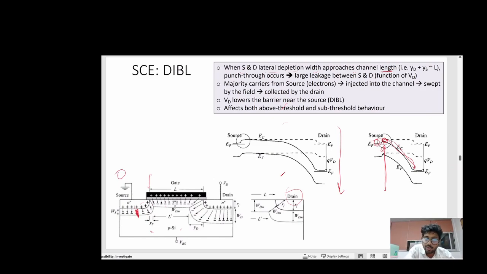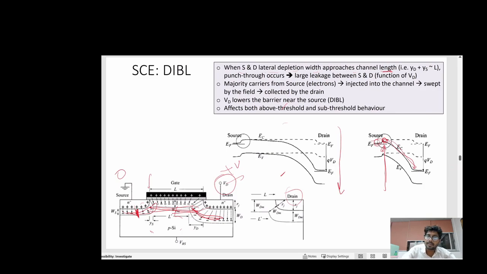That is not modulated with the drain voltage, because whether we apply the drain voltage positive or negative, it will go through this side. As soon as both of these depletion regions, in the source region and in the drain region, meet,